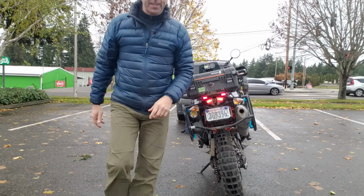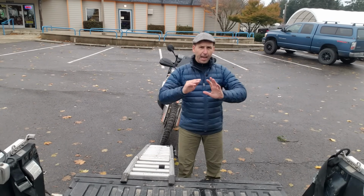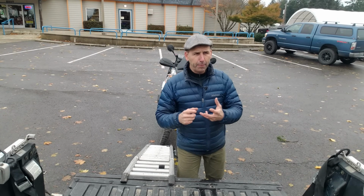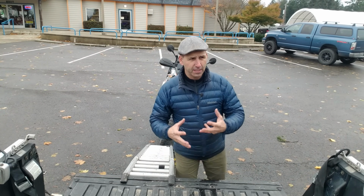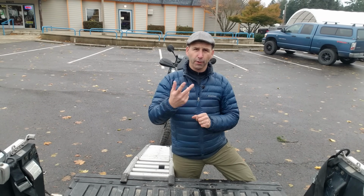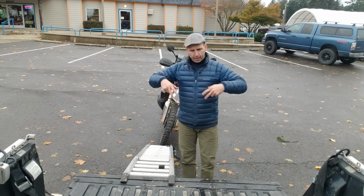I'll move the camera so you can get a better angle. What I want to show you is how I maintain that balance when it's on the ramp. The key is what I'm doing is called overlapping of controls. It's the same thing I teach when I'm training people to ride off-road, how to blend those, or for trail braking. As the bike comes up onto the ramp, when I come to a stop, I'm going to hold